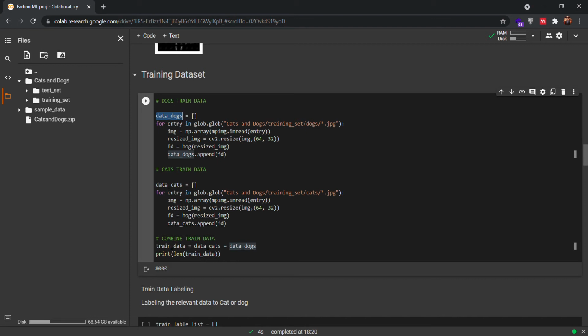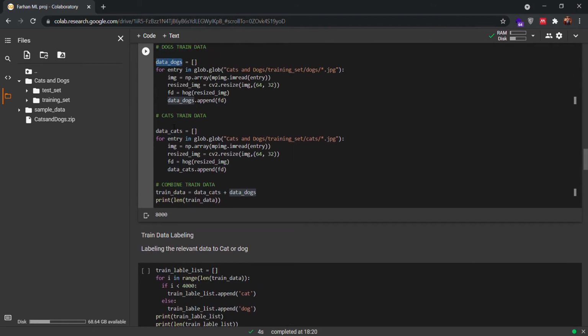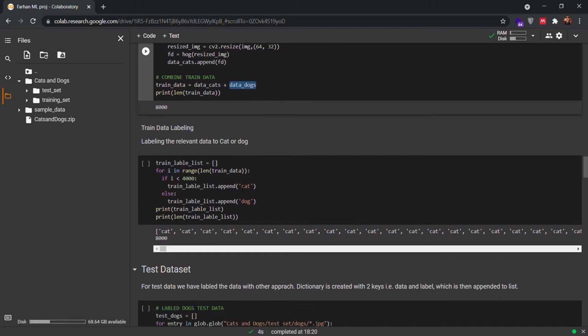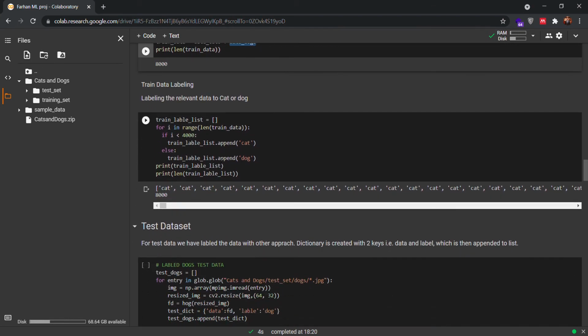The first 4,000 features will be of the cats and later will be of dogs, and I have labeled all the data here. Like I said, the first 4,000 pictures will be labeled as cats, and the other 4,000 pictures will be dogs, like here.